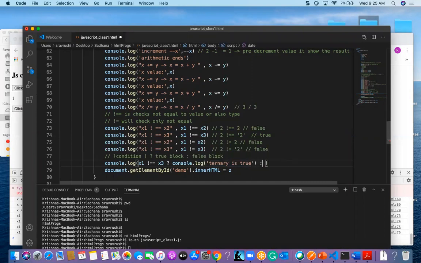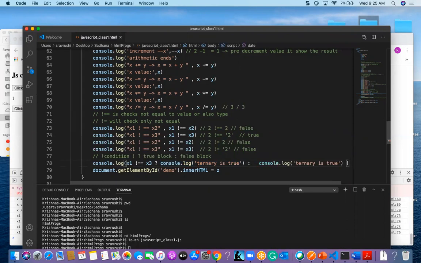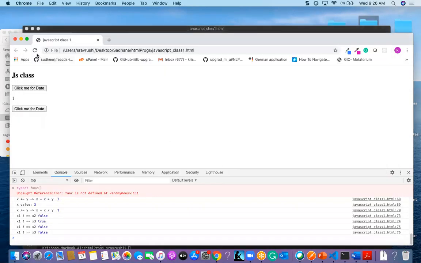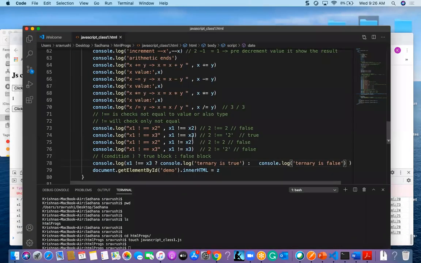And if it is false, in this case it will go and use ternary false. So now, since it is true, it will display ternary is true. Let us think even for some false condition.